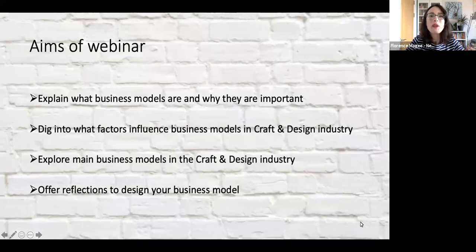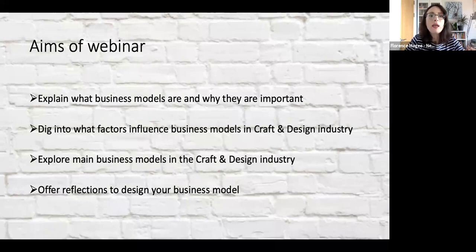So what we're going to talk about today are business models, and that's a big business speak, but we'll unpack it and you'll understand how it applies to your business. If you think about it, somebody who, let's say, designs hats for mother of the bride for weddings has a very different business than somebody who makes earrings that might be picked up for a wedding.